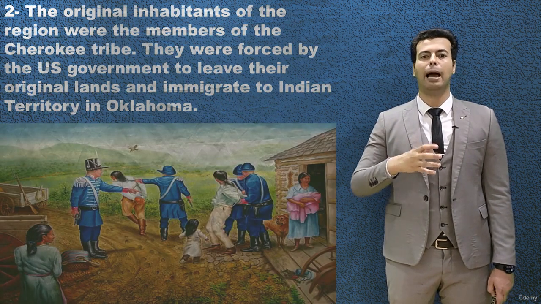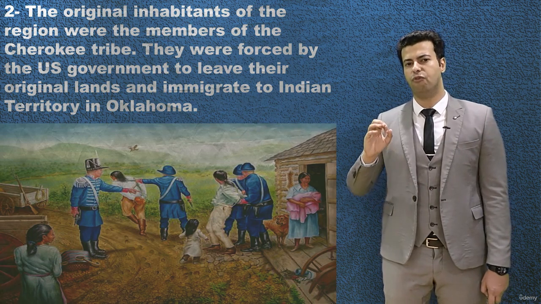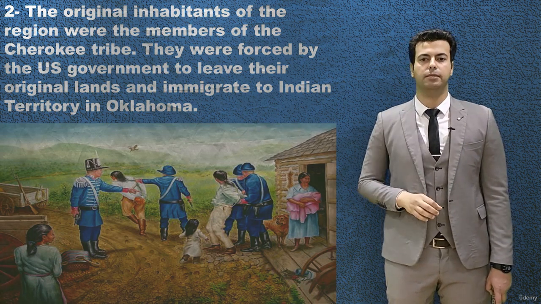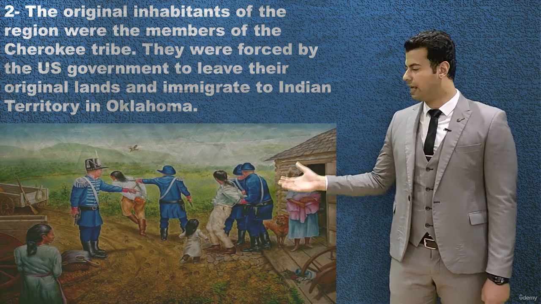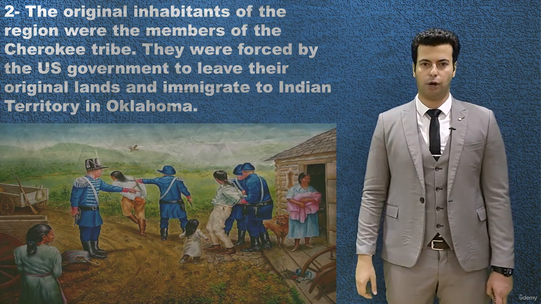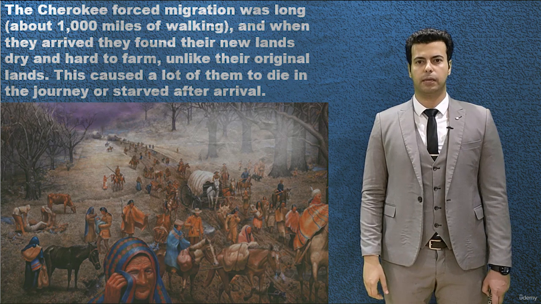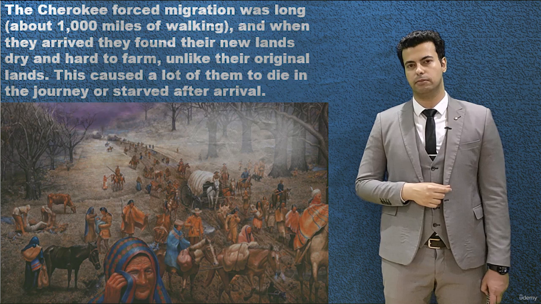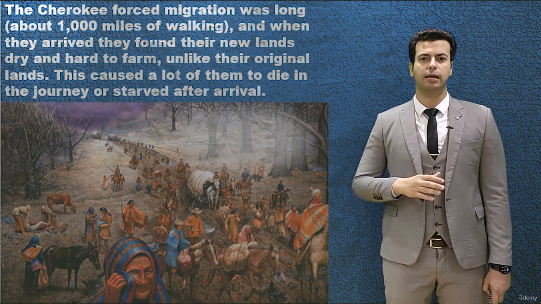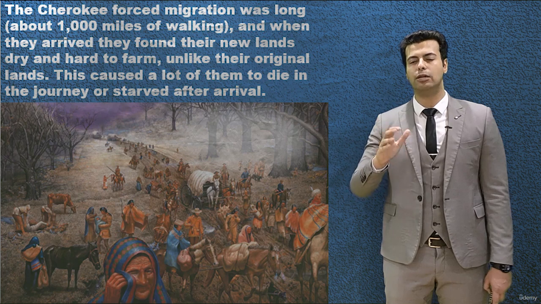Now, the original inhabitants of the region were members of the Cherokee tribe. They were forced by the US government to leave their original lands and emigrate to the Indian Territory of Oklahoma. The Cherokee were forced to walk 1,000 miles, not by horses, not by trains, not by boats, walking 1,000 miles